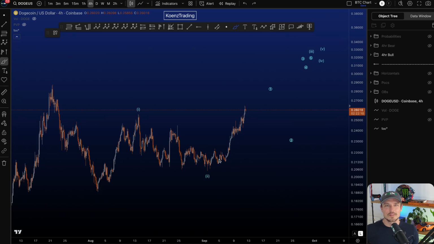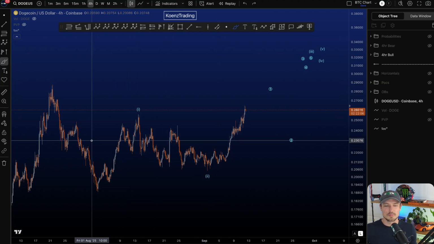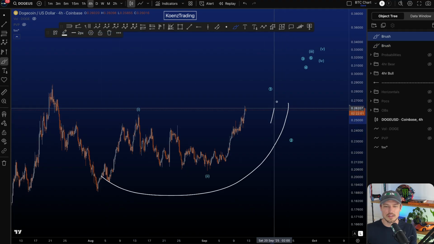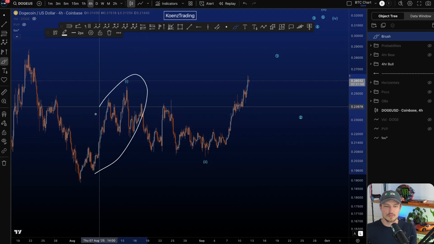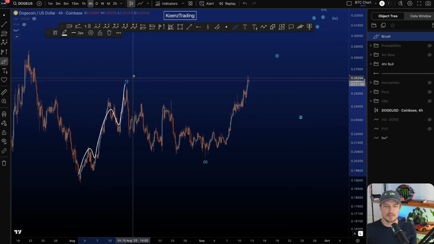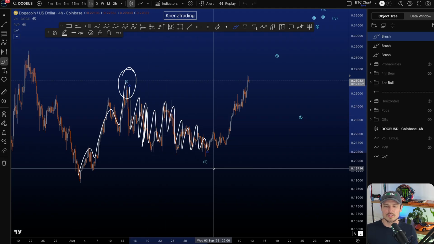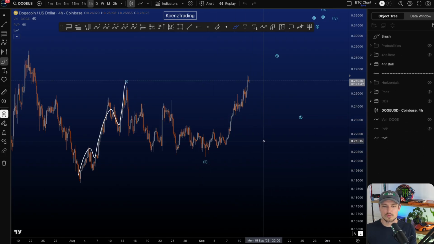Hi everyone, let's cover my Elliott Wave analysis on Doge on the 4-hour time frame, starting with the bullish scenario where we have a finished 3-wave corrective structure to the downside and we look for continuation to the upside. In this scenario, the move to the upside here starts as a 5-wave impulsive structure in a wave 1, followed by an overlapping, messy, slow, sideways corrective structure in a wave 2,